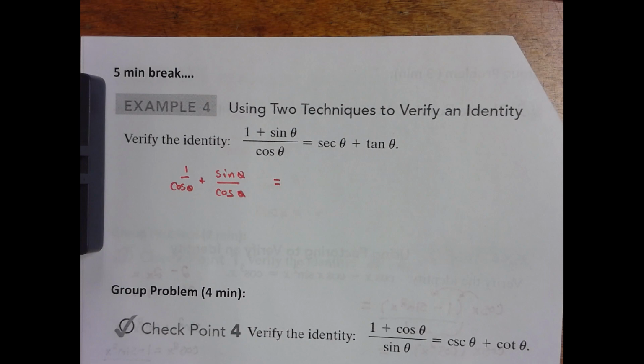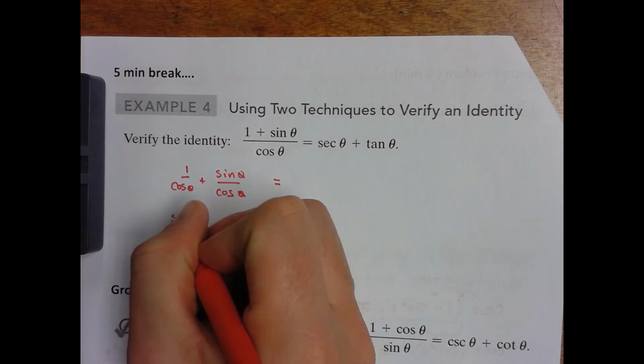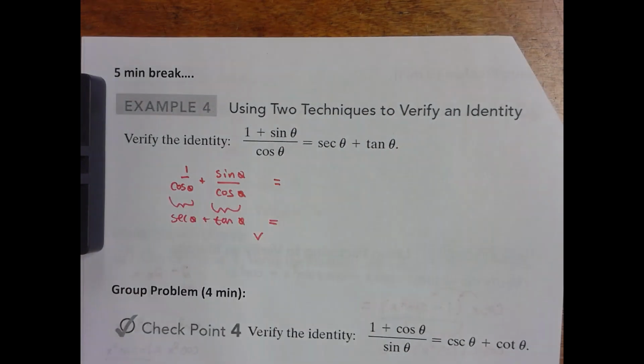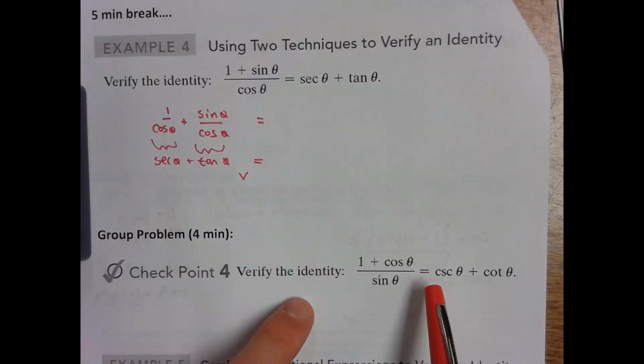Well, now I'm like, hey, 1 over cosine of theta, that's a reciprocal identity, 1 over cosine of theta plus tangent of theta, and that identity is verified. Not much to it. But again, we have to recognize how that fraction part